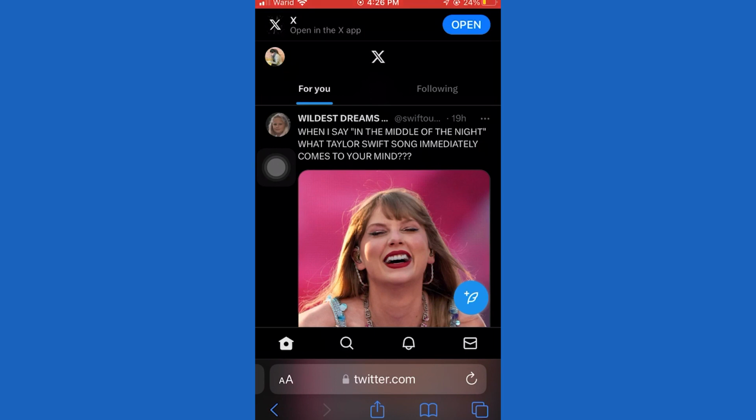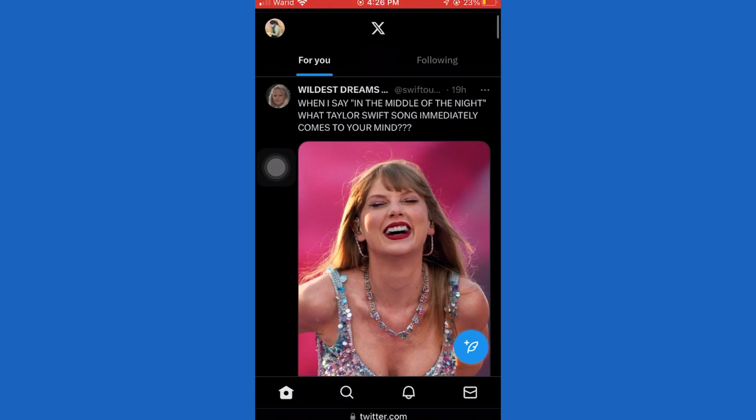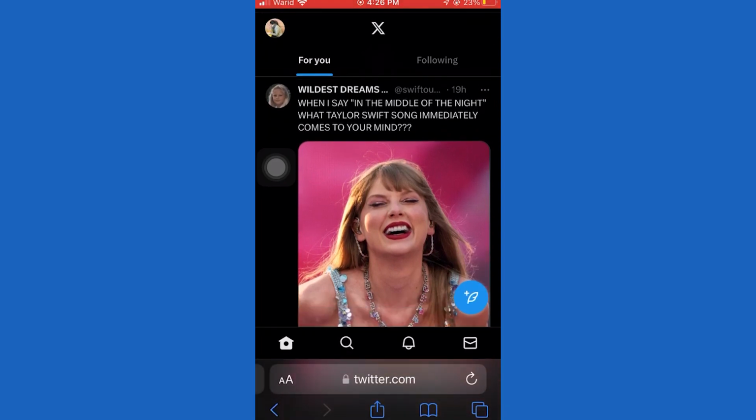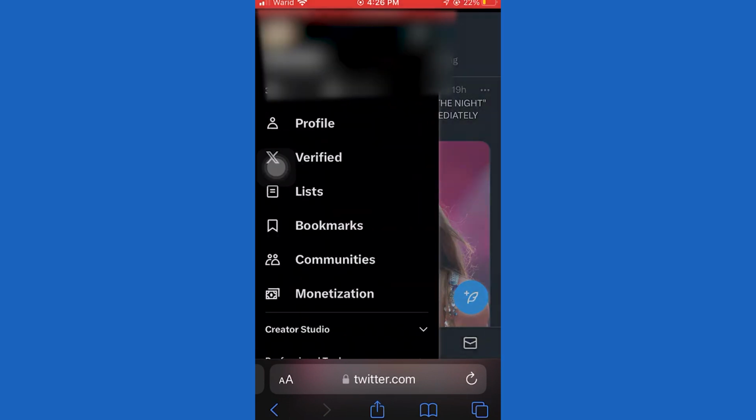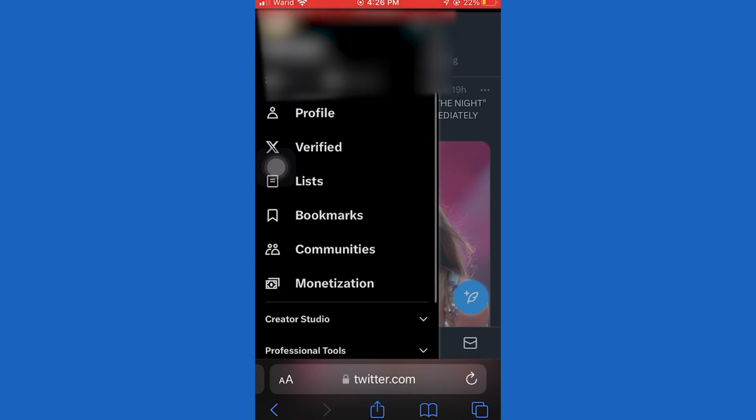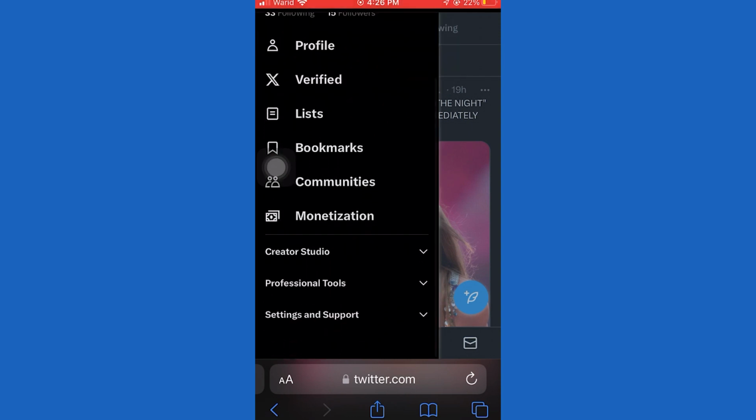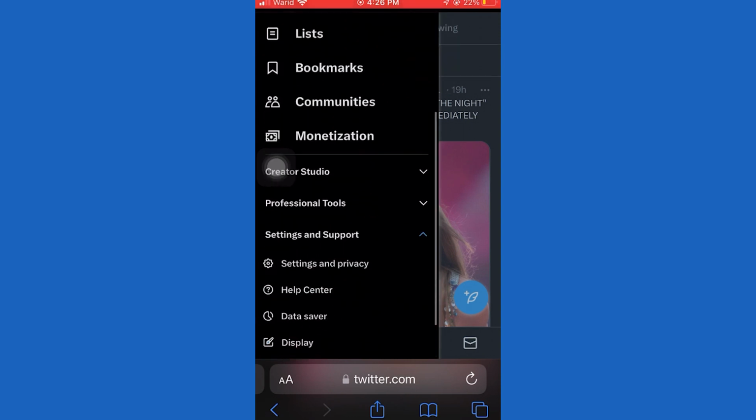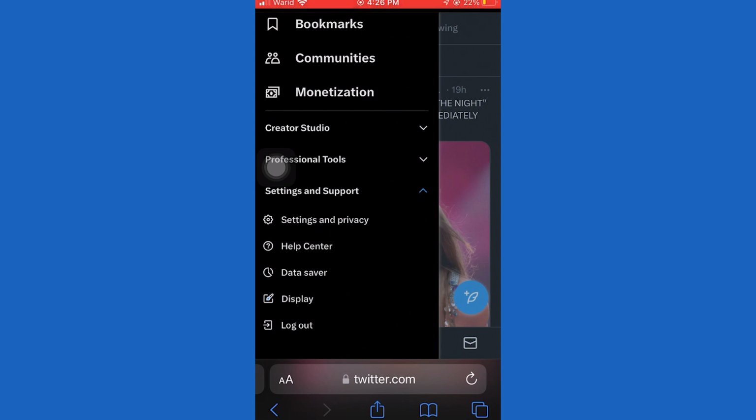If you have a problem with opening the website version and it's redirecting you to the app, you will hold it for a few seconds and then open it in a new tab. Once you sign in, you have to click on your profile picture in the top left and the side menu will show up. You have to expand the settings and support section, and after that click on settings and privacy. Once you open the X settings,